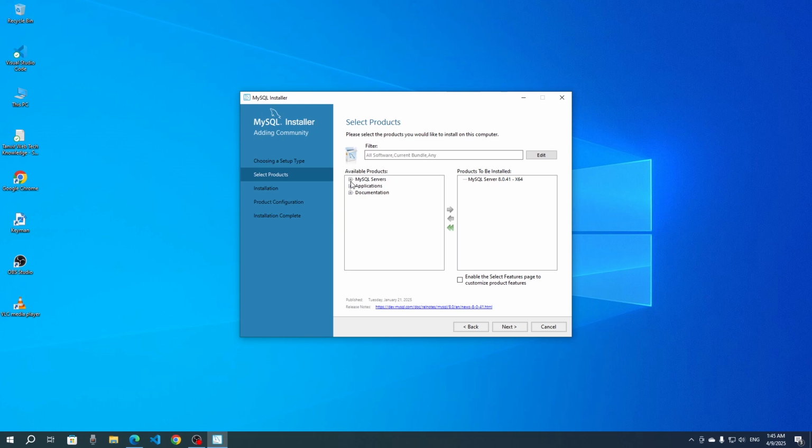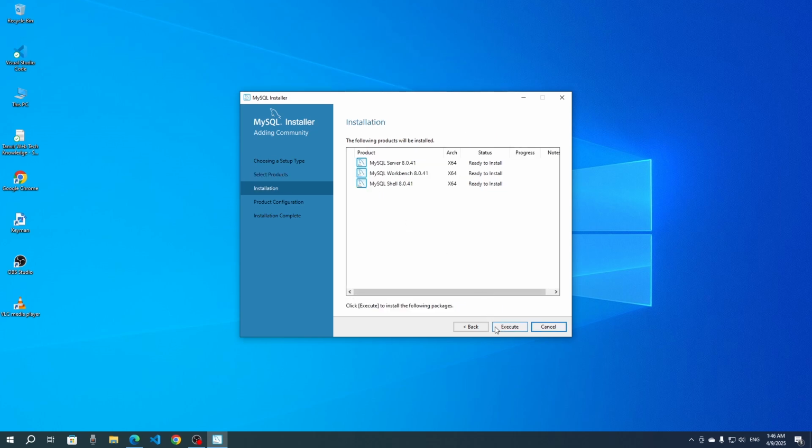Now it's done, and let's go to the applications. Here you can see we have MySQL Workbench, whatever you say, right? So MySQL Workbench 8.0. Just select this item and then select this green button. Then you can see it's also added to be installed. The next one is MySQL Shell. Just select this one, 64, and then go here. So all done. We need these three products, and then click on next and click on execute,